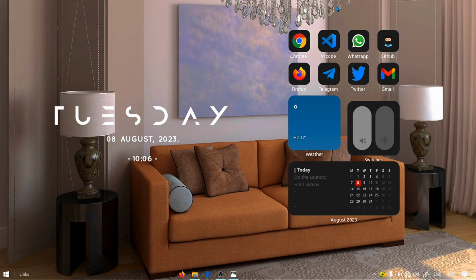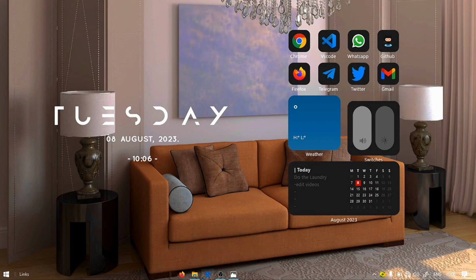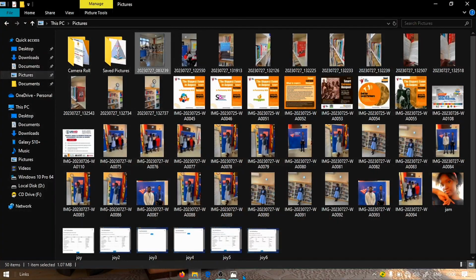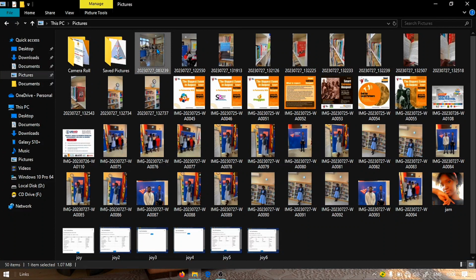Hey guys, in this video you are going to be seeing how to convert your images into PDF, or a single image to a PDF file. So you're going to go where your image is at and select the image you want. I'm going to be selecting an image, so you just double tap on it and then it opens in